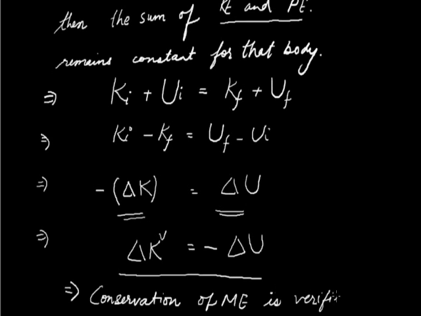So here we have seen the conservation of mechanical energy verified. But obviously we should take care that whenever we are talking about the conservation of mechanical energy, we are talking about conservative force fields. Here, the energy is only interconvertible between kinetic energy and potential energy. The frictional forces or other forces which are not conservative are absent here. Now we are going to discuss the conservation of mechanical energy for a freely falling body.